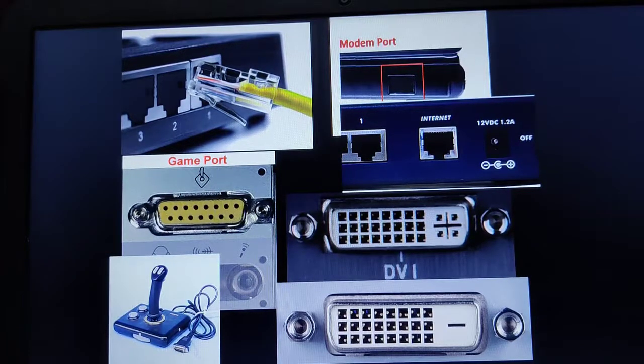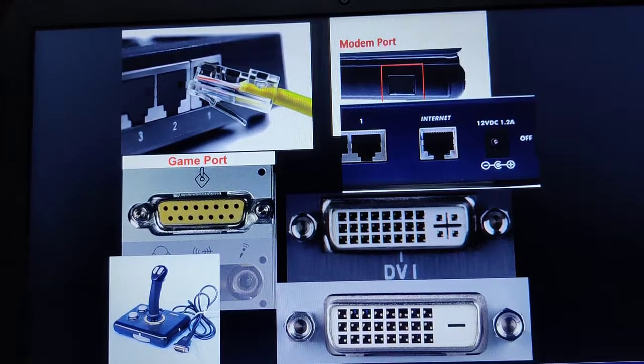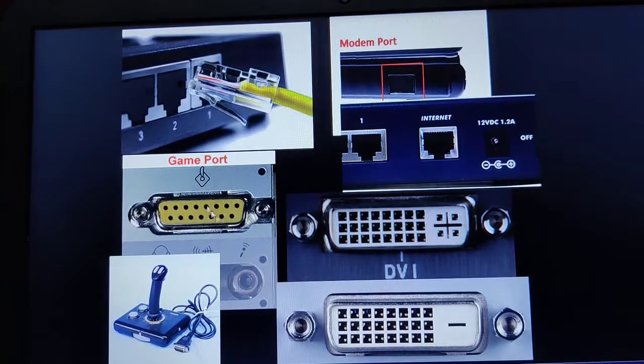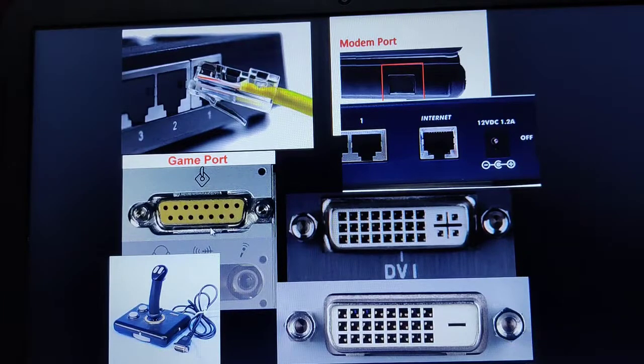Okay, moving on to the next one, the game port. Usually this kind of symbol tells you that it's a game port. In the older versions of the motherboards, we had a separate port known as the game port, which is used to connect different game devices to the computer system.